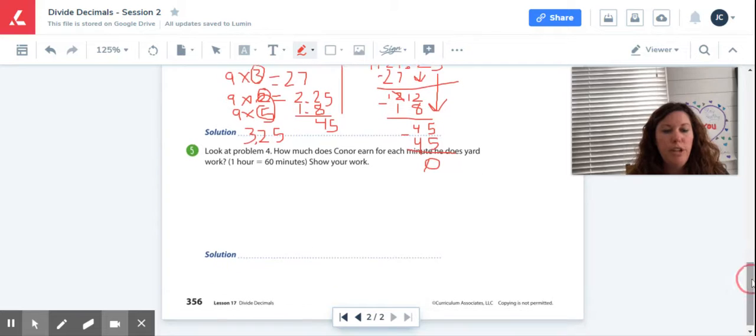Okay, number 5 you're going to do on your own. This is going to be your exit ticket. It says look at problem